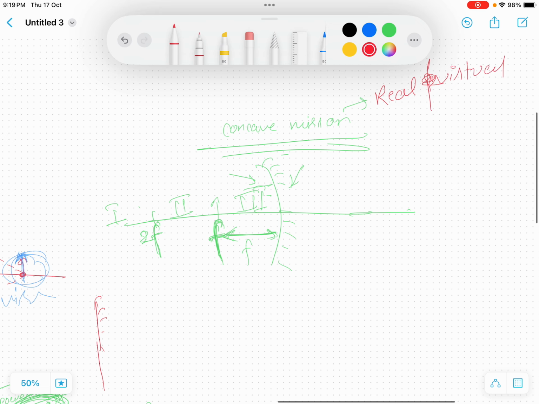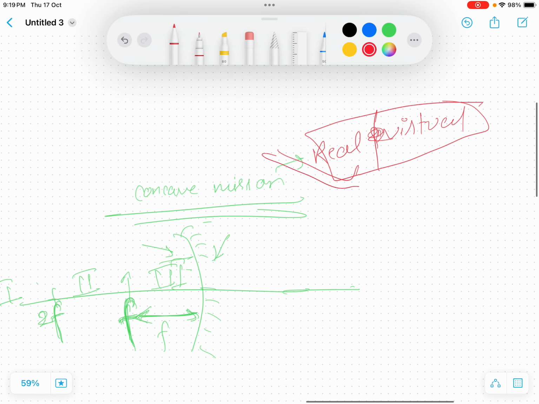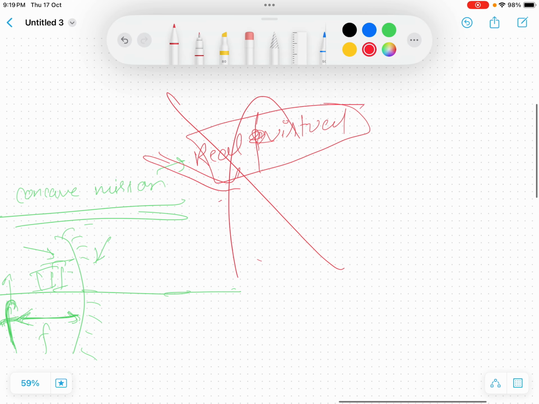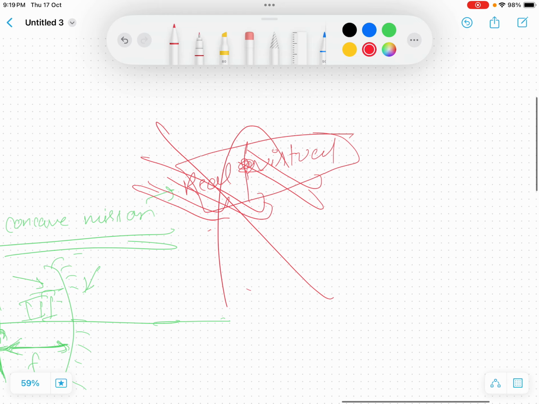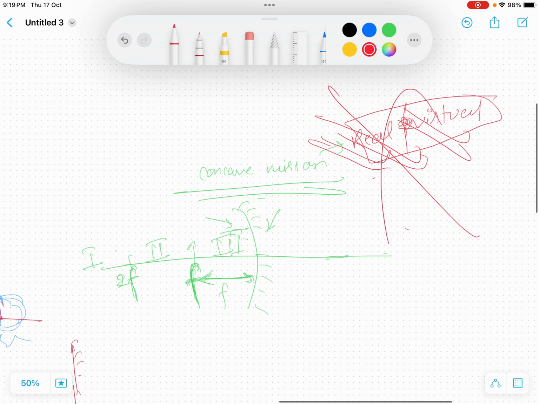रियल और वर्चुअल, बोल जल्दी। कॉनकेव मिरर कौन सा इमेज बनाता है, रियल बनाता है या वर्चुअल बनाता है, जल्दी बोल। रियल बनाता है ना? भाई, कॉनकेव मिरर दोनों इमेज बनाता है। क्या बनाता है? दोनों इमेज बनाता है।